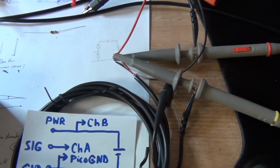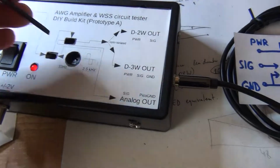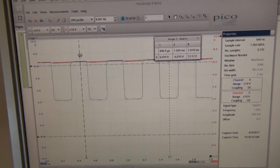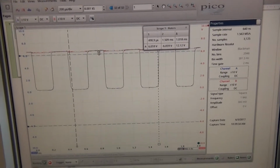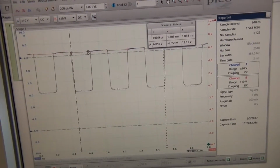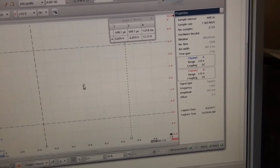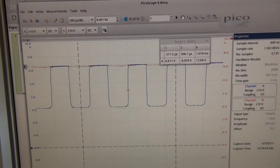Now let's see what happens when we turn on the device and put the slide switch to the digital position. We are still using our multi-vibrator set to 2 kHz, and we see that we have a square wave on channel A, and channel B is a steady battery voltage. So let me just put on a trigger in a good position, and we can see it more clearly that we have